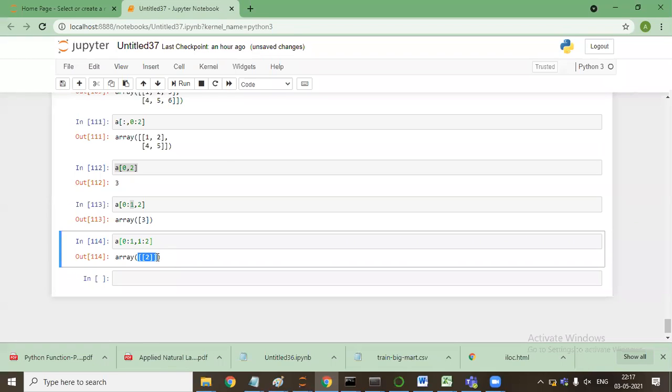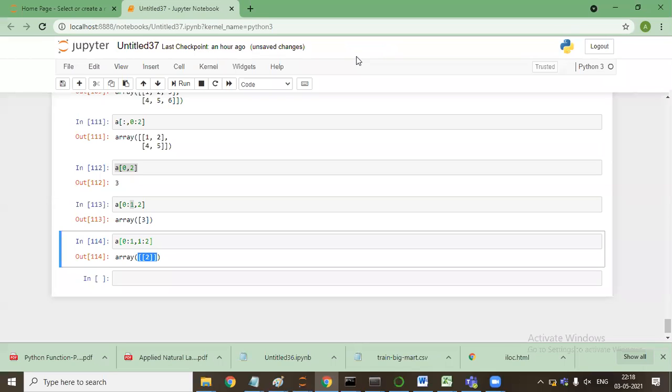Why is that? My question is for you guys. Can you see the last value that I passed, that we got as an output? Here the 2 is coming in 2 square brackets, because it is a 2-dimensional array.